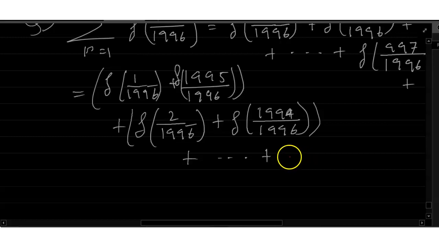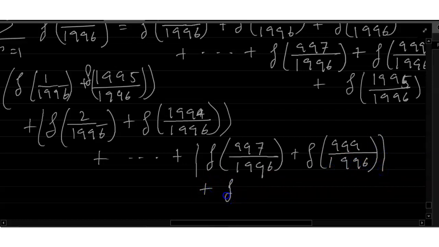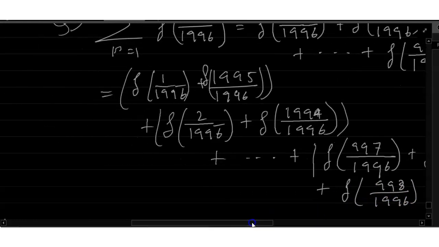So we can write the last portion as f(997/1996) plus f(999/1996) plus f(998/1996). So friends, you see that this portion is equal to x,